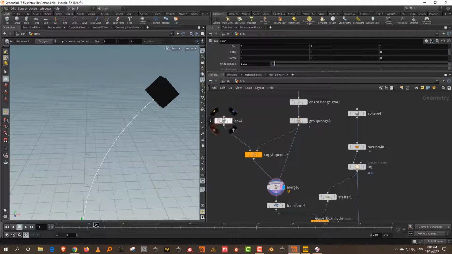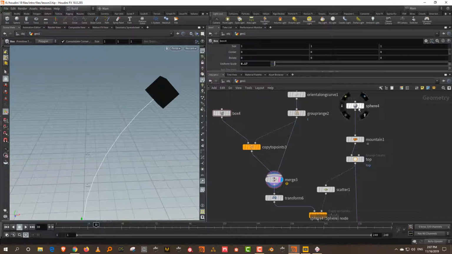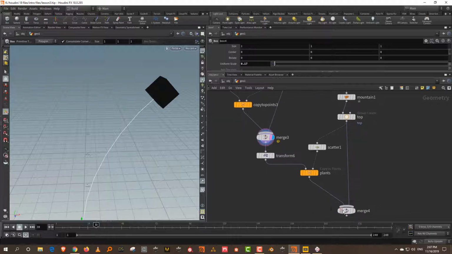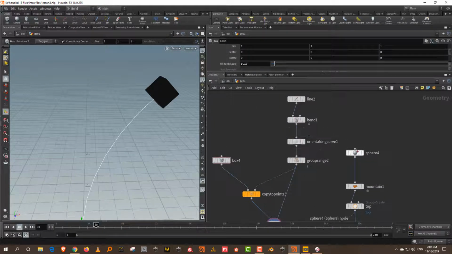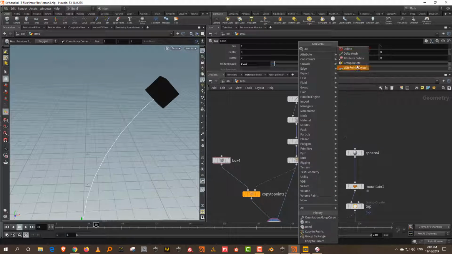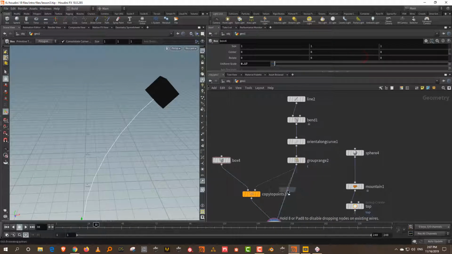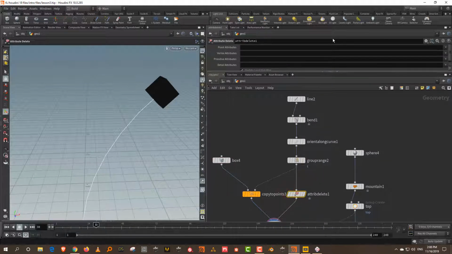One is you generate normals for the box, but then we'll also have to generate normals for the sphere, because when we do this merge, it will again cause problems. So what I can do instead is I can just quickly delete the normals. Okay, so I can come into this point and you have something called attribute delete. So I can just take the attribute delete and come into point attributes and I can delete the normal and see. So now it's fine.